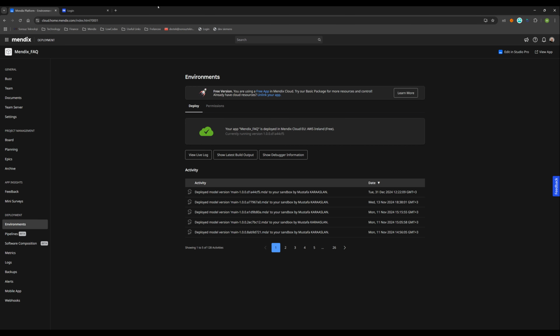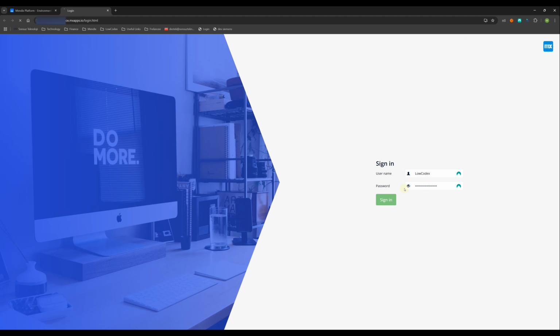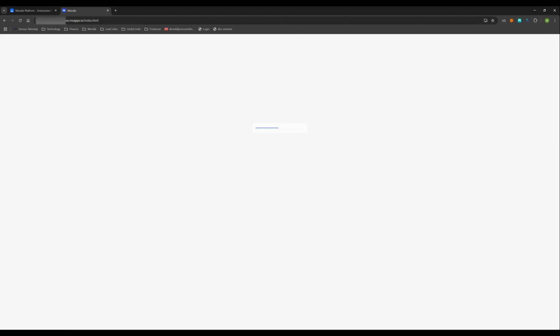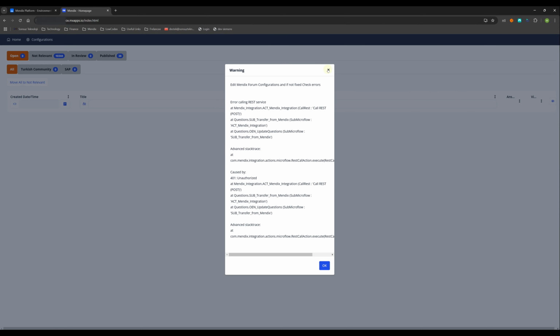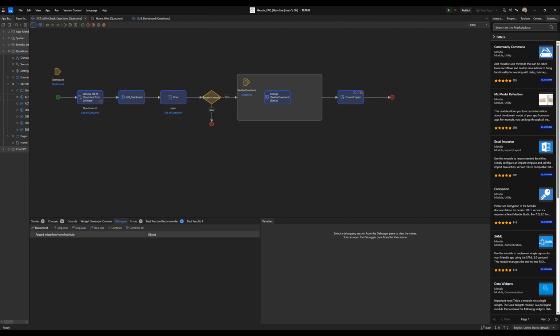Now let's go to the production app and get in. Okay, never mind this one. I will click my button. Sorry, why didn't it work?